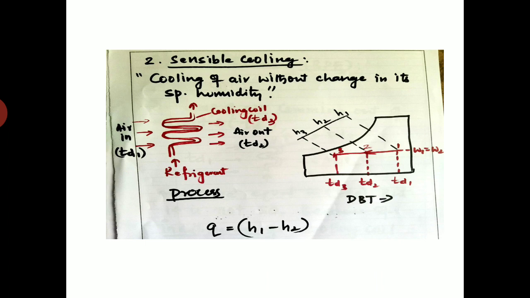In the previous slide we have seen dry bulb temperature goes on increasing. Therefore dry bulb temperature in the cooling process will be reduced, because I have to remove the high temperature, then I have to keep it cool. So in summer condition, this type of sensible cooling process can be followed.